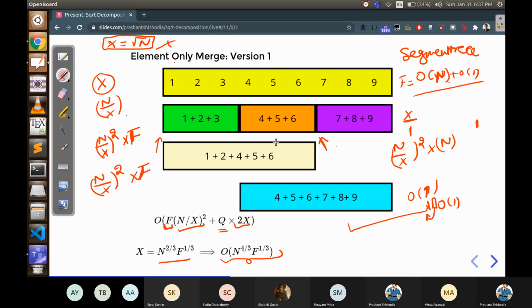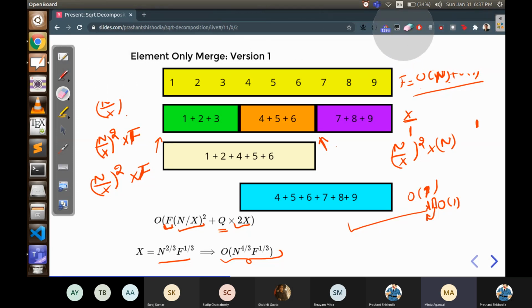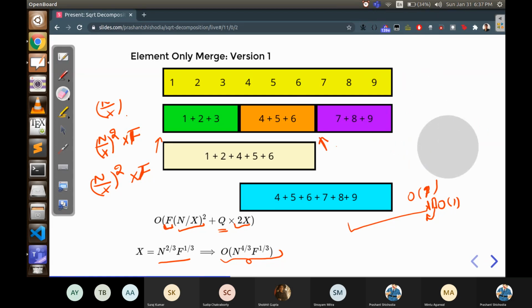Okay, did you get any intuition of what we are trying to do? We are trying to find the size of the block based on the operation we do to merge, to find the answer. And now we are not merging ranges. We are just extending a range by an element. Okay, so now let's consider a hard problem.